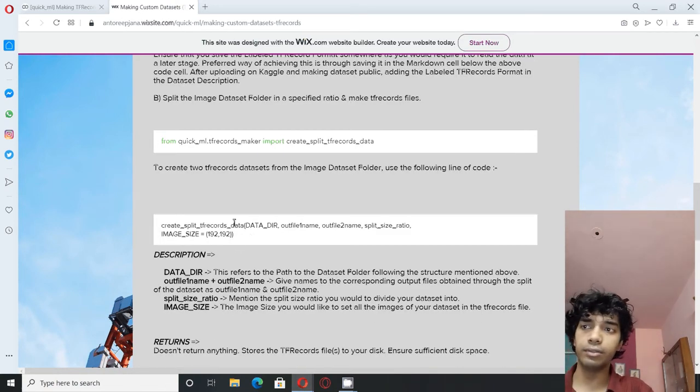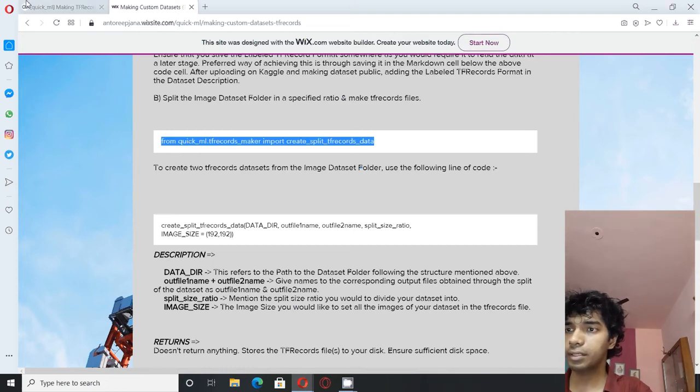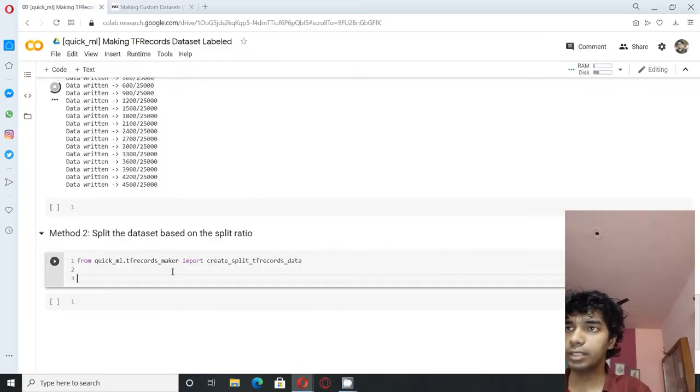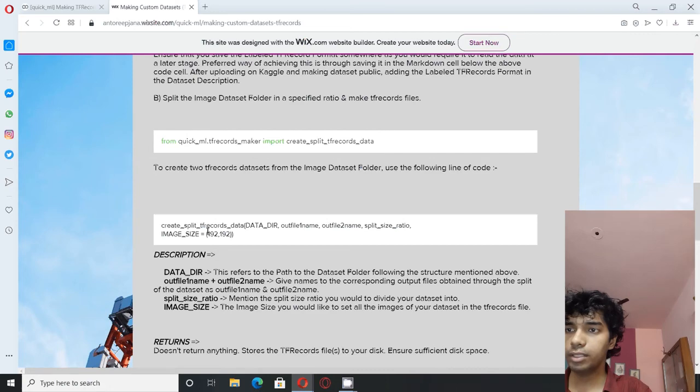Do the necessary import. After the necessary import, call the split command.